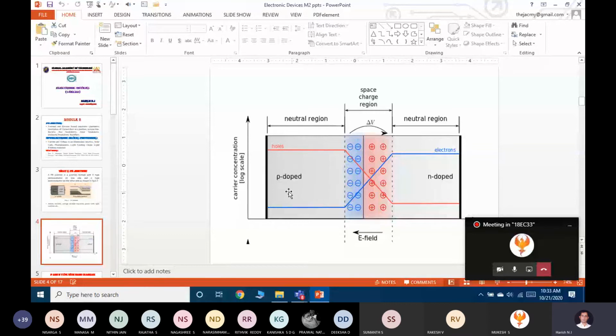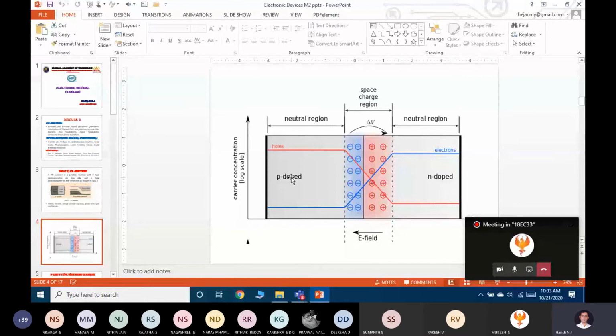First we will take the P type. P type consists of holes. Now I want to diffuse the hole from P type to N type. When this hole is trying to diffuse from P type to N type, this electric field will allow that hole to diffuse from P type to N type based on the direction of the built-in electric field.